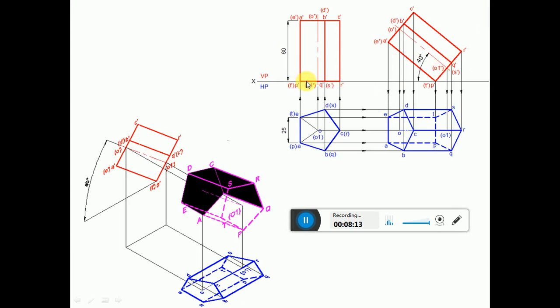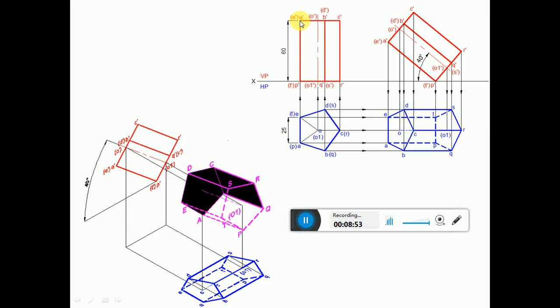Then you measure the length from P dash to A dash. From P dash you cut an arc on this to get this point A dash, E dash. And similarly you measure the length from P dash to R dash. From P dash you cut an arc on this to get this point R dash. So with the same radius from A dash you draw an arc. Then you measure the length from R dash to C dash. From R dash you cut an arc on this to get this point C dash. Then draw a rectangle, join this rectangle with a dark line, that is C dash to A dash, E dash, and R dash to P dash, T dash, and A dash, E dash to P dash, T dash, and C dash to R dash. Now we need to transfer other points.